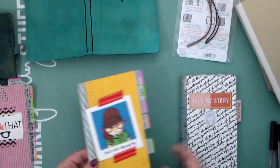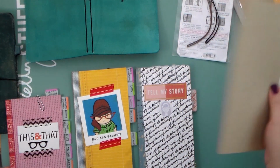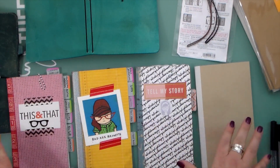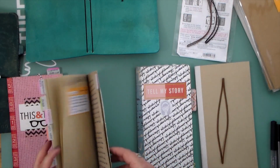So I'm going to go ahead and build my book. Just for demonstration purposes, I'm probably going to put 4 books in it and another accessory. So I have my 4 inserts. These are all regular sized. And what I'm going to do